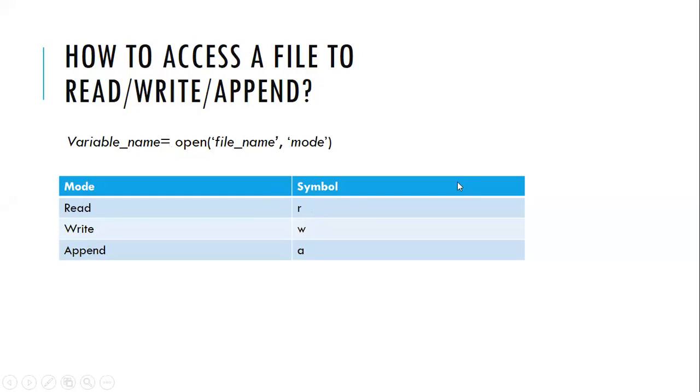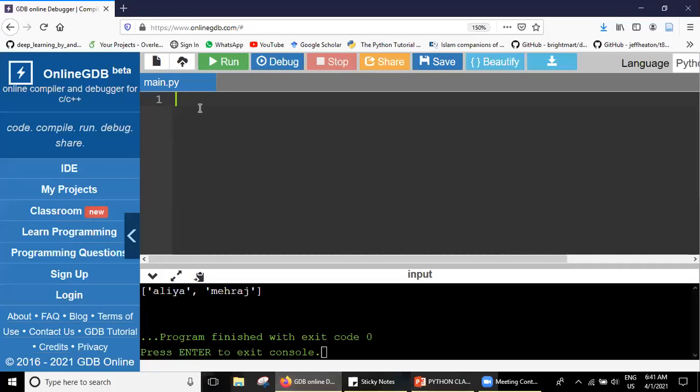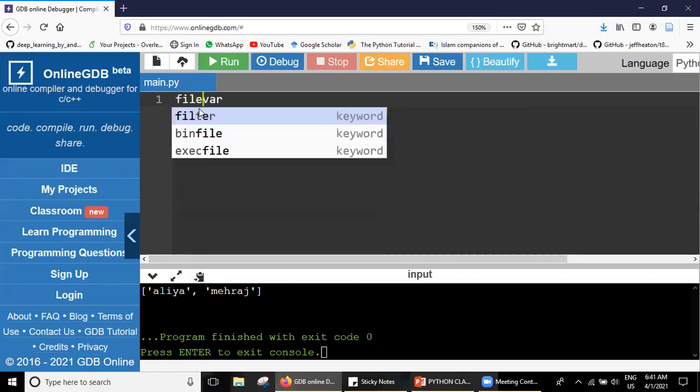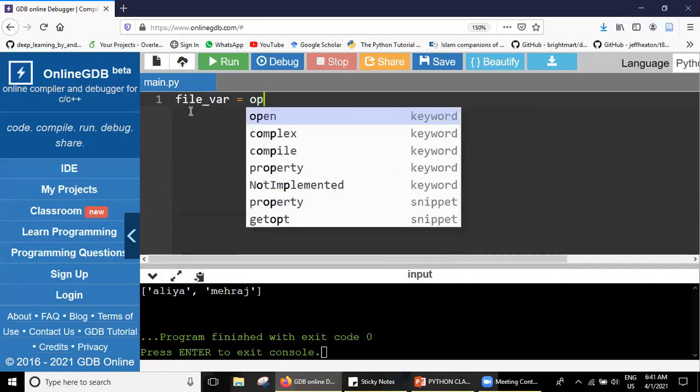So let us see a very quick example of how we can create a new file. What we have told, we need to write the variable name. I can say the variable like, okay, file variable. Okay, this is our variable. After that, we'll give the variable name. And what name can we give? Anything. Okay, before that we have to open that.